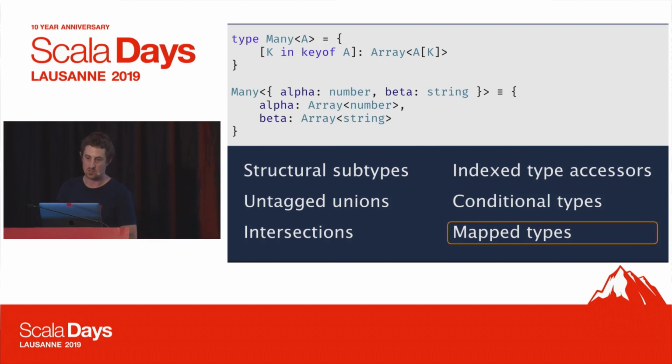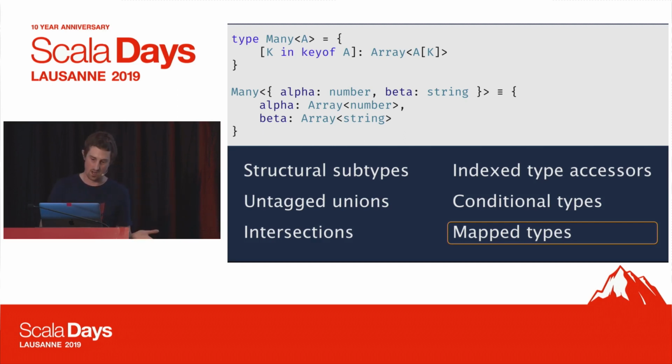It also has map types, which is a way of encoding something similar to higher kinded data types in Scala, where you have a data type that takes maybe a functor, so that the values could be identity or option or that kind of thing. So here